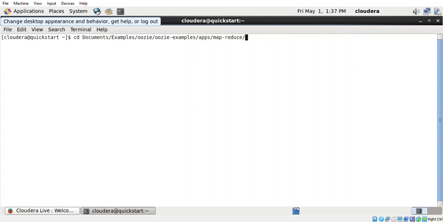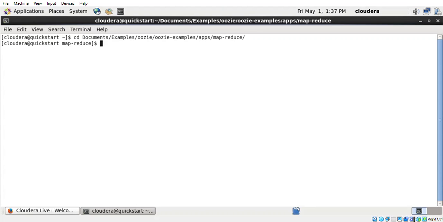The first step is to download the Oozie examples and keep them in one folder. Here I kept the Oozie examples in cd, Documents, examples, under the oozie folder, oozie-examples. Under the MapReduce folder, all the examples are there. So you have to go to the respective folder first. After going inside, you can check which job is currently in the job folder. Under MapReduce, there are two files: one is the job.properties file, another is the workflow.xml file.